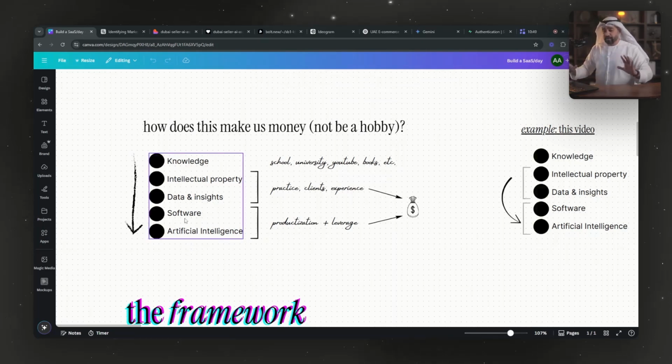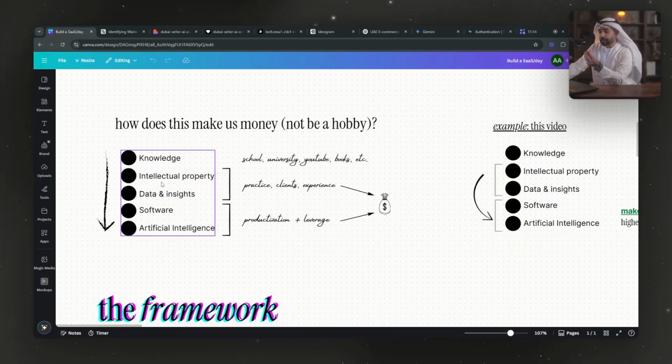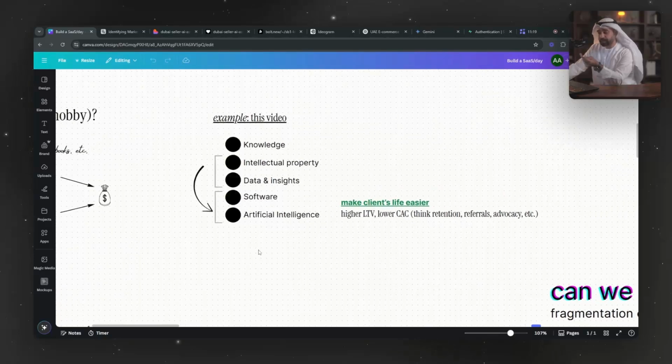Essentially, software is a dumb piece of thing that gets things done. It can't decide, it can't think for itself. But AI gives it human intelligence, to think even better, making it more intelligent. Intelligent systems, let's say. This is where the money maker is, and this is where I want to talk to you about how we can make money going from the IP, data and insights you have, and turning that into an AI-powered SaaS software. Because to be honest with you, nobody cares if it's AI powered or not, unless you can get me the outcome that I want for my business, and that's why I'm going to get value from you and pay you money.